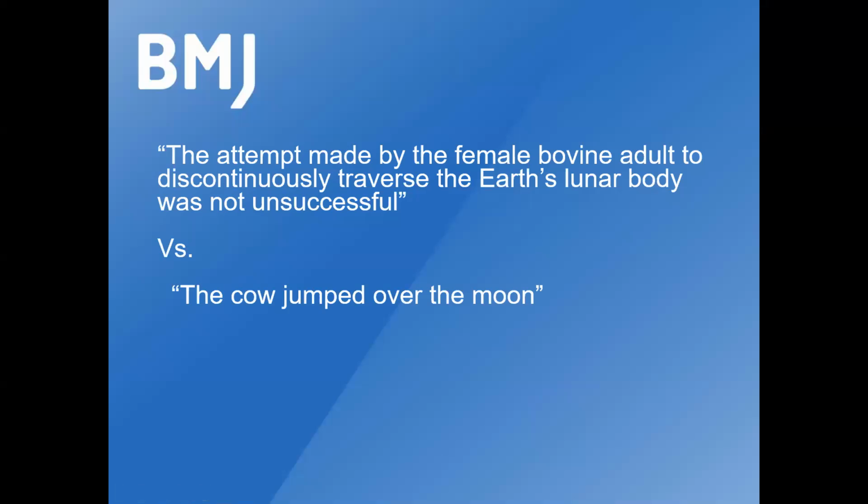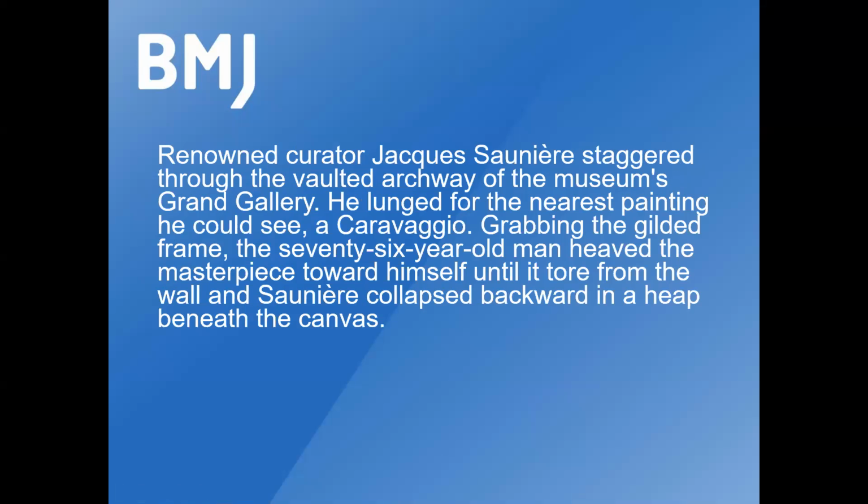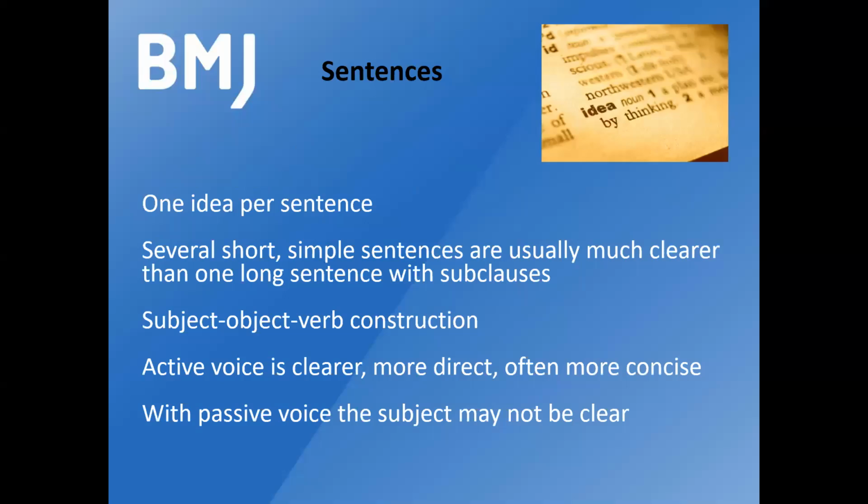Of course, yeah, absolutely, you're right. The cow jumped over the moon, from the nursery rhyme. But in medicine and in healthcare, when we're writing things up, for some reason, I don't know why, from medical school onwards, we try and make things unnecessarily complicated. Use the passive voice, use long, complicated scientific words, when often we don't need to. And BMJ is about accessibility, plain, simple language. I'll skip some of these slides here.